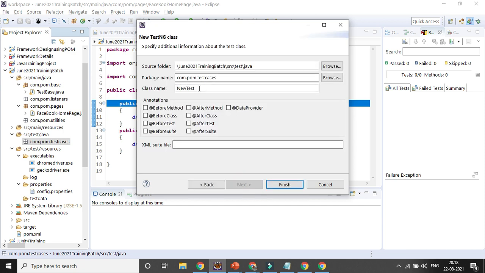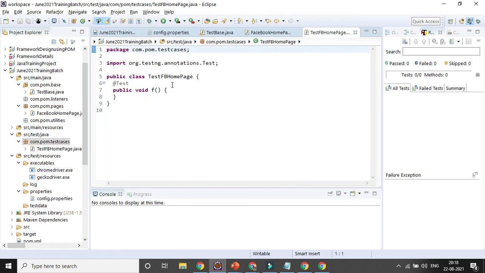So test Facebook home page. So automatically the test annotation will be coming. Here you can change your name, test Facebook home page, right? So this is your method name.